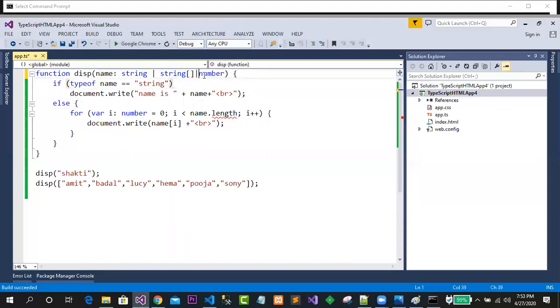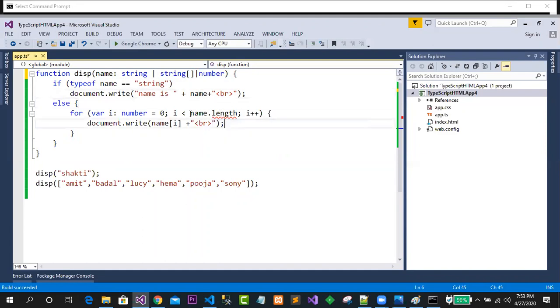Just see what happened. Look, property length doesn't exist. Either this is a name, that is of kind string, and this is a kind of array, string array. But if I give a number here, what happened? It has a problem, so this is not working. Getting my point.